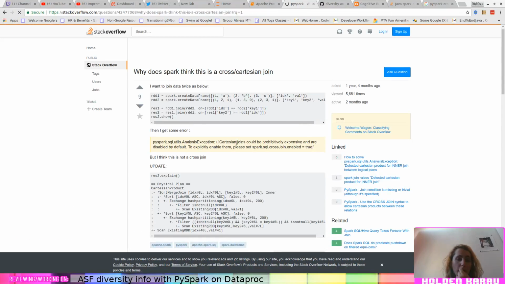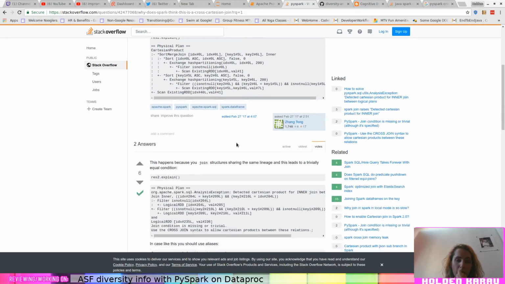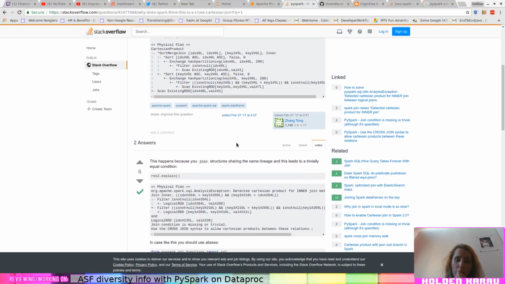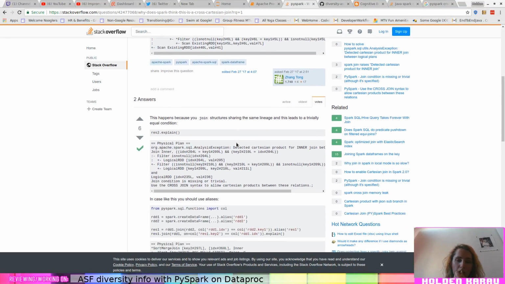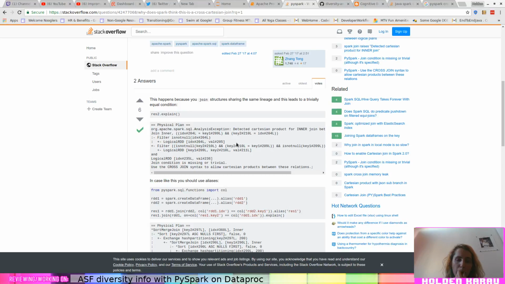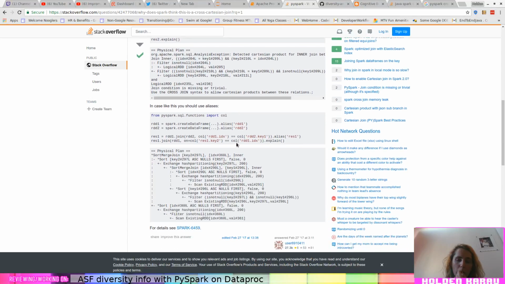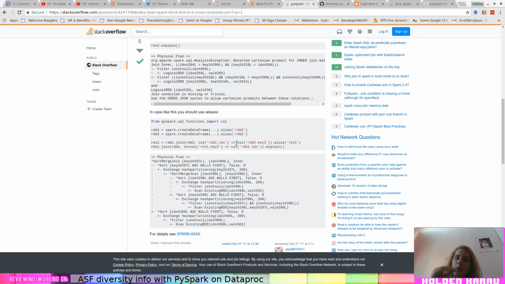It's also possible that these are different columns. Maybe. Oh, I think I know what's happening. Damn it. Okay.